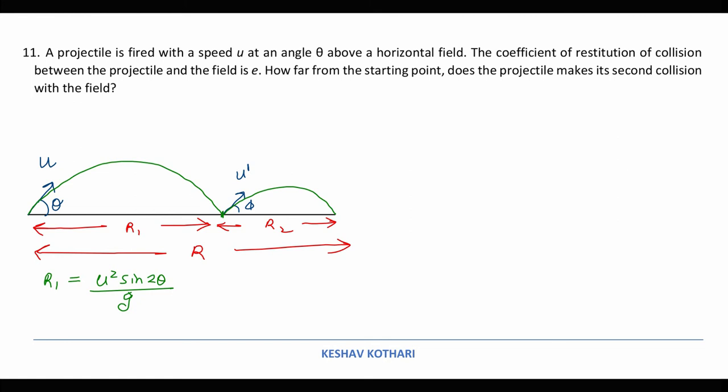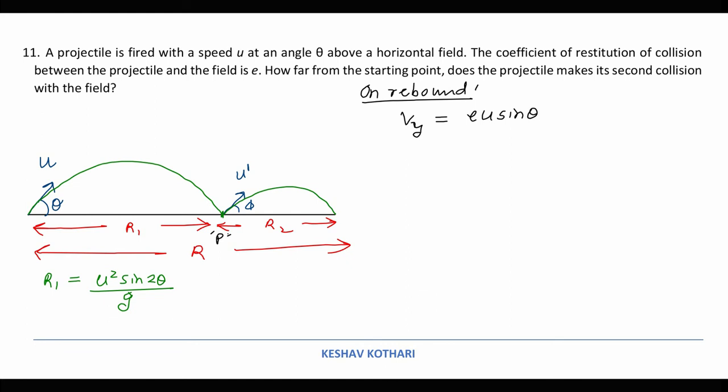Now as the particle makes an impact with the ground, which I am mentioning over here as a point P, the speed with which the particle is thrown is going to be the same speed with which the particle strikes the horizontal plane. And I write that on rebound, the velocity along the y-axis is going to change, and it will become e u sine theta.